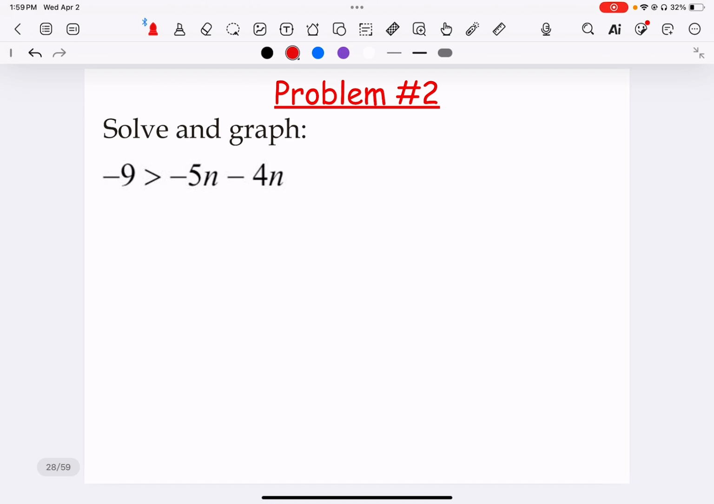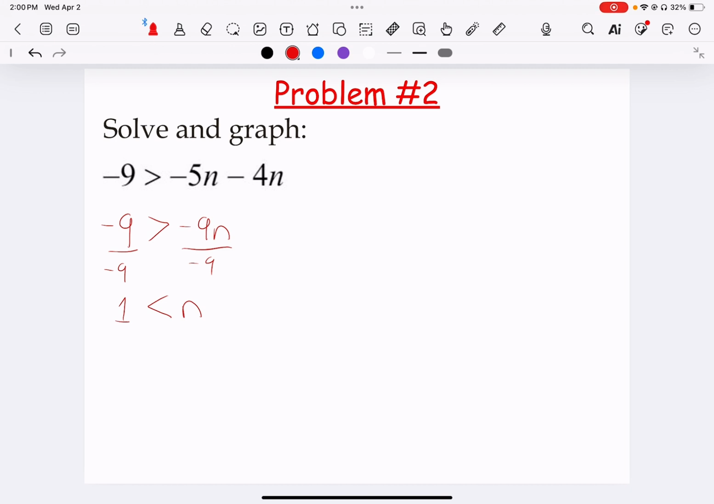Problem 2, negative 9 is greater than negative 5n minus 4n. There's no like terms on the left, so I'm just going to bring that negative 9 down and my inequality. Negative 5n minus 4n is negative 9n. Now I'm going to divide both sides by negative 9. Negative 9 divided by negative 9 is 1. Since I divided by a negative, I'm going to flip my sign to be less than, and I'm left with